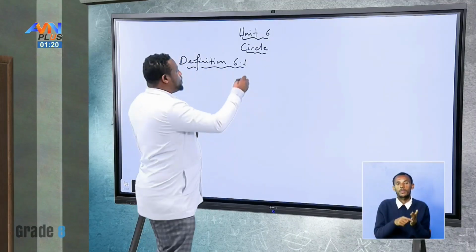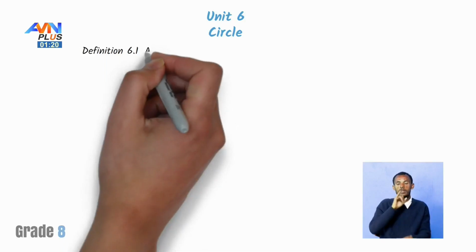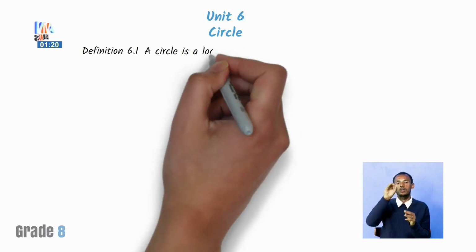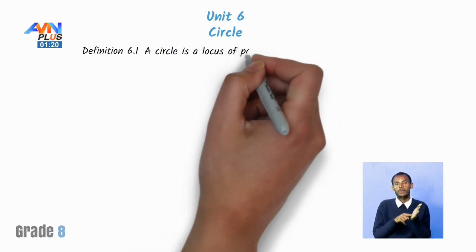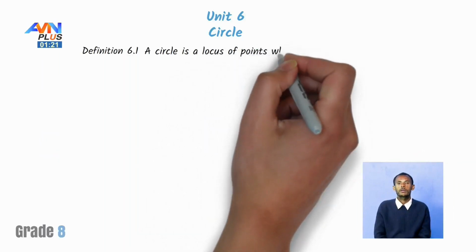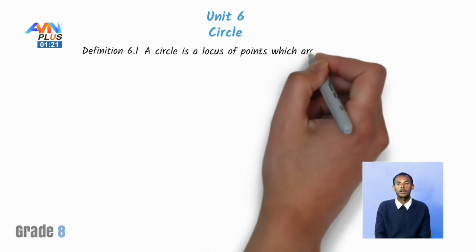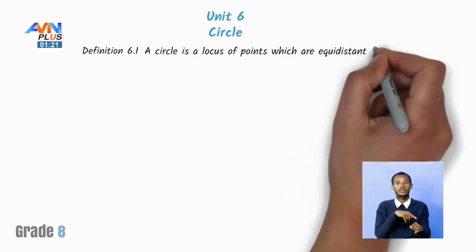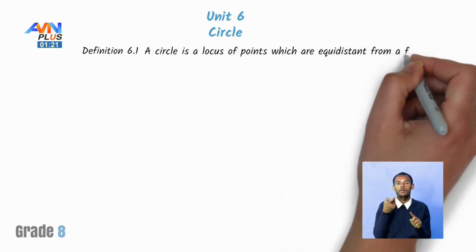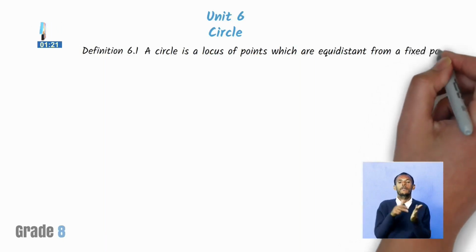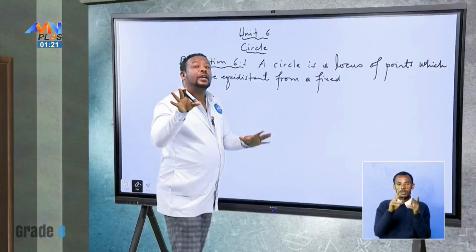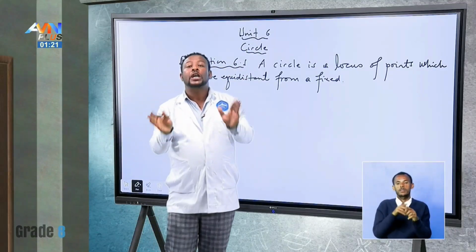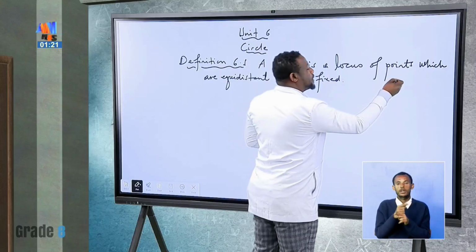Okay, so a circle is a locus of points which are equidistant from a fixed point. In a circle there is a fixed point, and each of the collection of points is equidistant from the fixed point. Geometrically, if you have a certain circle,